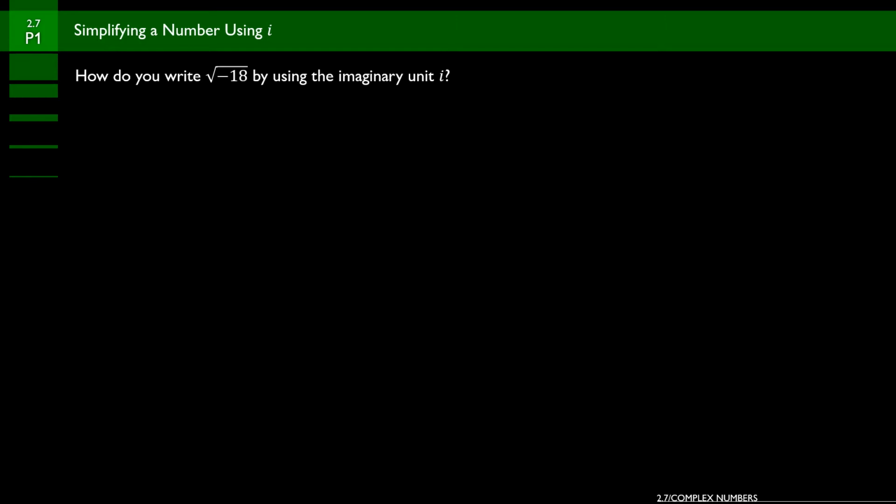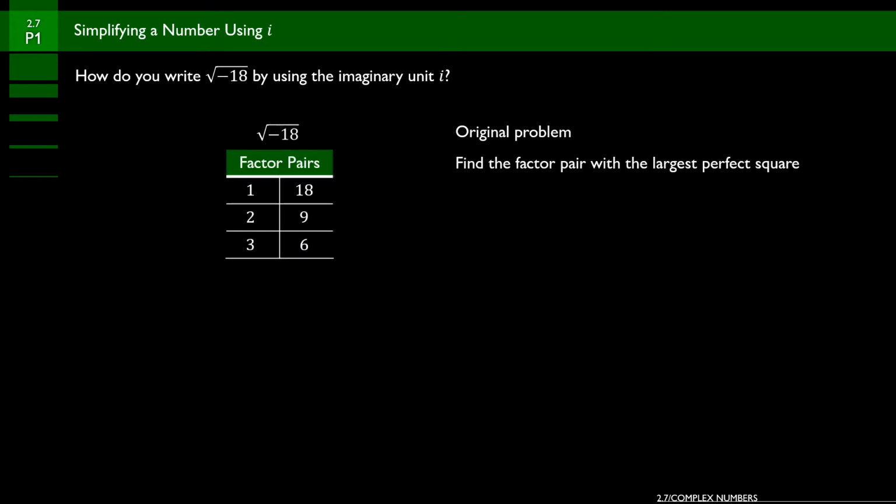Now this is going to require you to dip back into your Algebra 1 and remember how to simplify a radicand. So what we're looking at is we need to find a factor pair for 18 that includes a perfect square. So when we do our factor pairs, we get 1 and 18, 2 and 9, and 6 and 3. And what we want to do is go from the largest number in the factor pairs down to the smallest number. So you can see we've got arrows there pointing from 18 down to 6 and then 3 up to 1. We always want to take the largest perfect square factor that we can find,